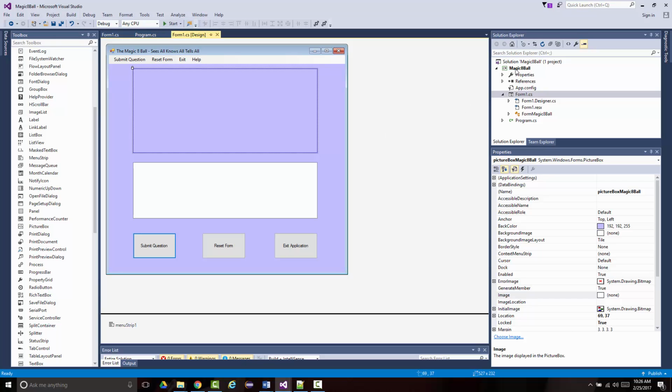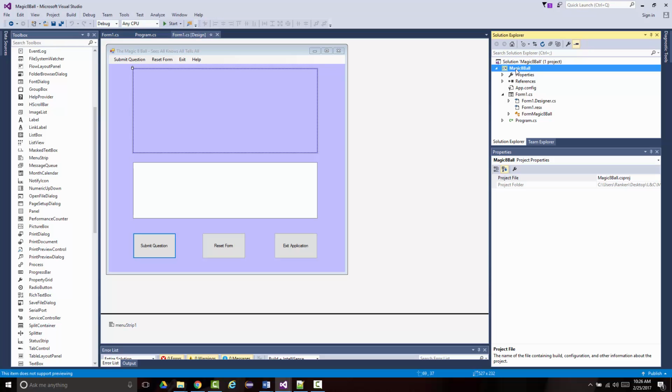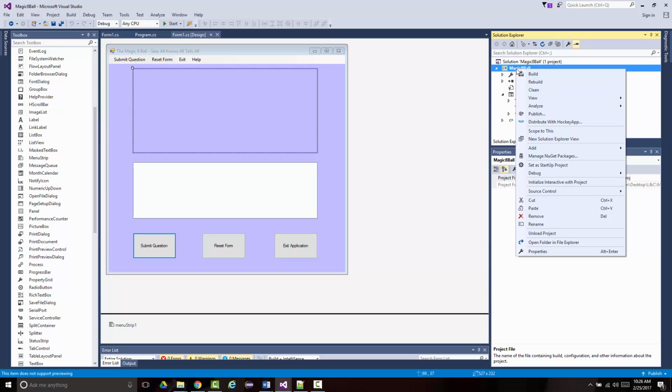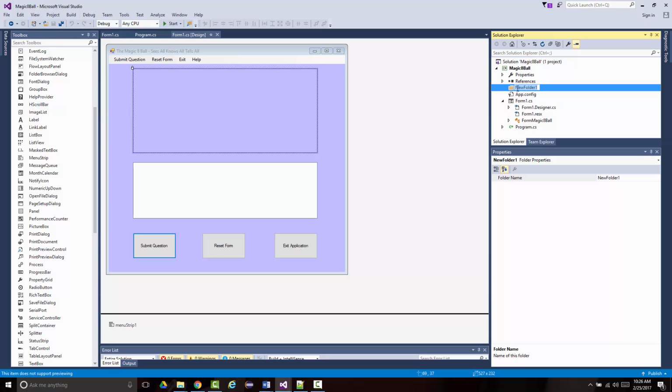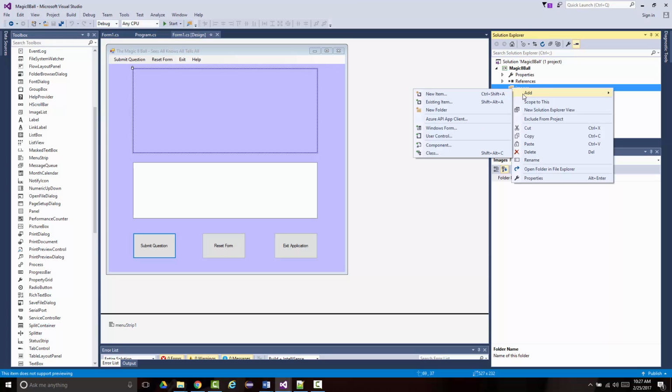So I'm going to click here where it says Magic 8-Ball. That's the name of my project. I'm going to right mouse click on it and choose Add New Folder. And notice it added a new folder right here, and I'm going to call that folder Images. Now I want to again right mouse click on here and choose Add, but this time I want to